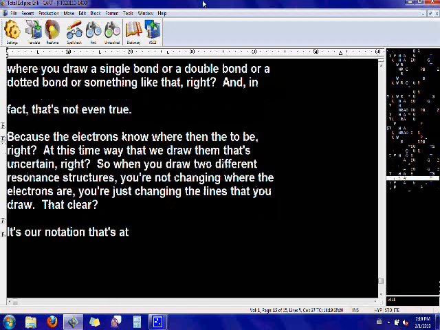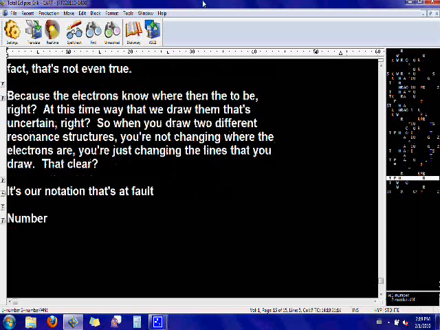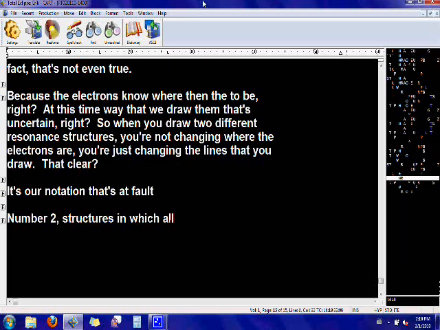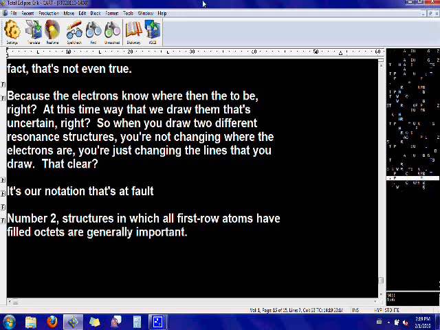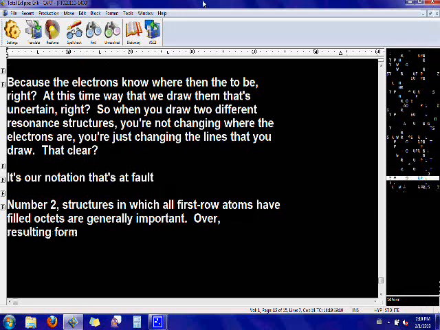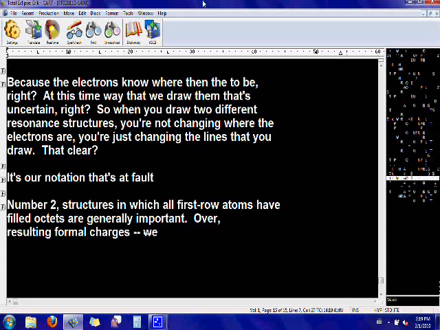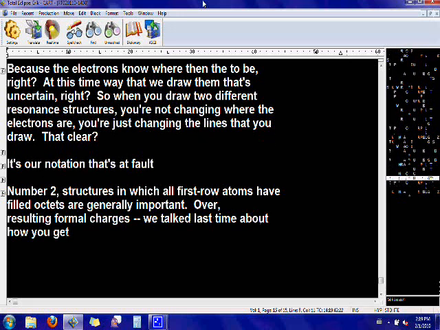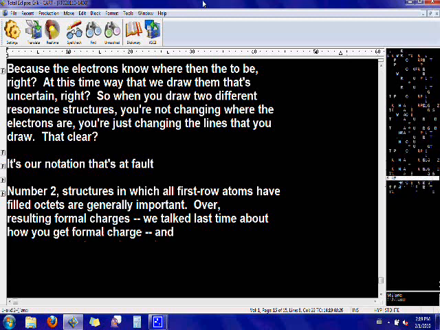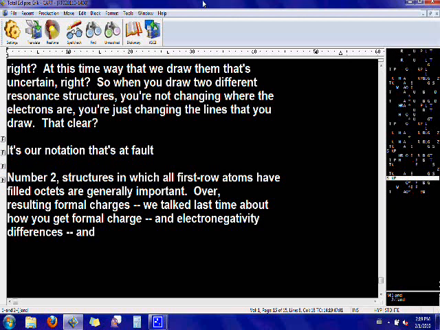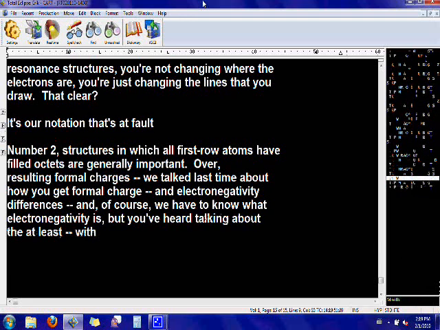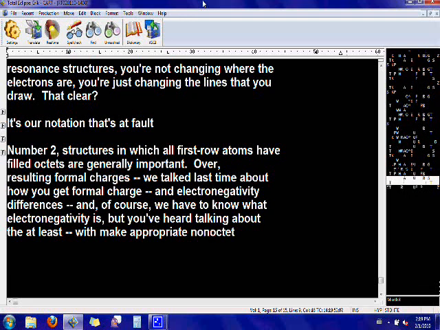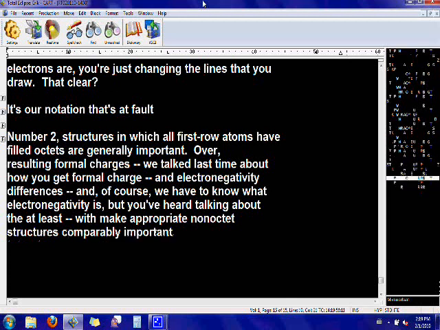Number 2, structures in which all first row atoms have filled octets are generally important. However, resulting formal charges, we talked last time about how you get formal charges, and electronegativity differences, and of course we have to know what electronegativity is, but you've heard about it at least, can make appropriate non-octet structures comparably important. If you have a bad charge distribution, even though you have octets, it still might not be a very